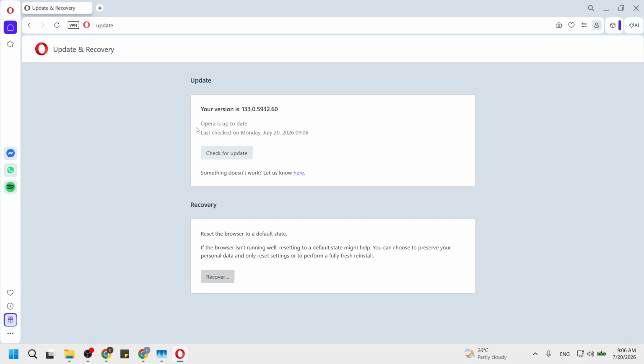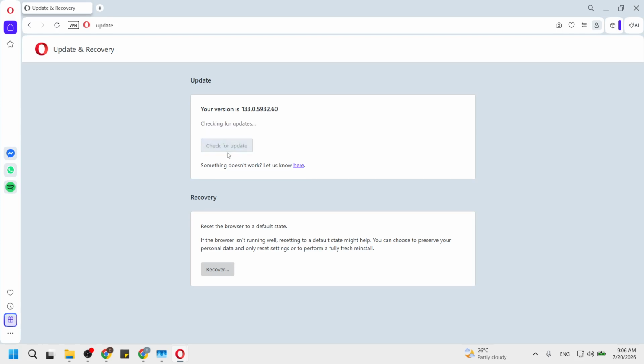enhancements. Now, click the Check for Update button. This action triggers the browser to scan for any available updates. You will notice the system performing a check, which might take a few moments. This is an important step because it ensures that you are aware of the most current version available. Regularly checking for updates is a good practice as it keeps your browser secure and functioning properly. Watching this process unfold reassures you that your browser is actively seeking improvements.